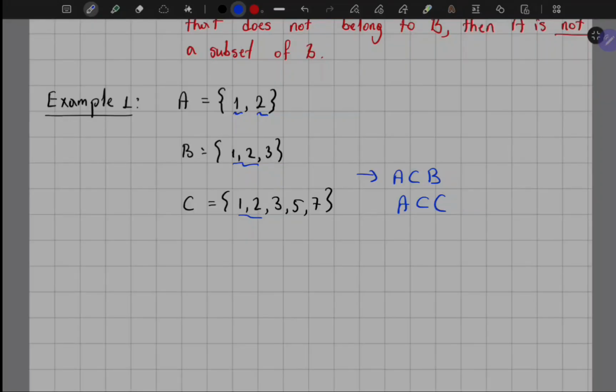Similarly, you can see that every element of B belongs to C. Hence, B is a subset of C. Hence, the inclusion relation among the sets is A is a subset of B and it is a subset of set C. Or equivalently,